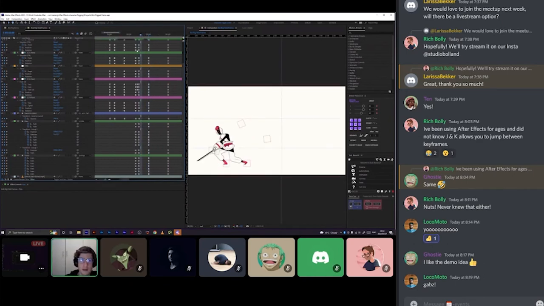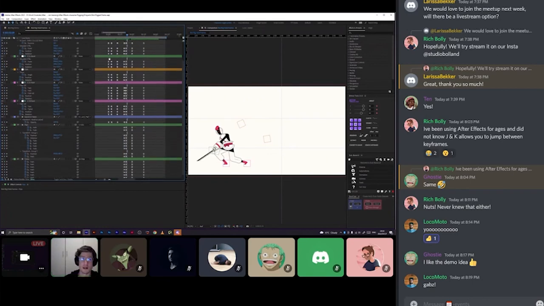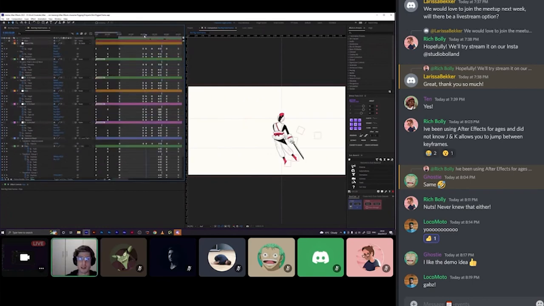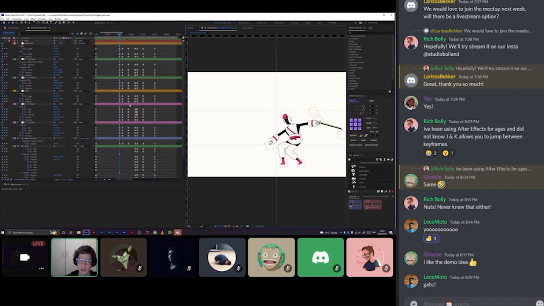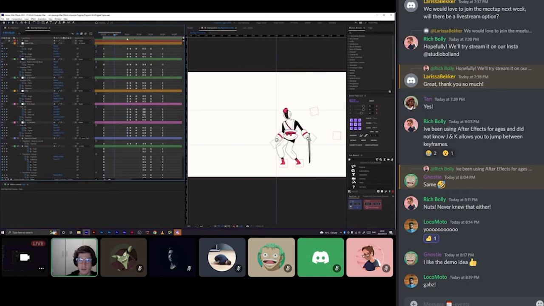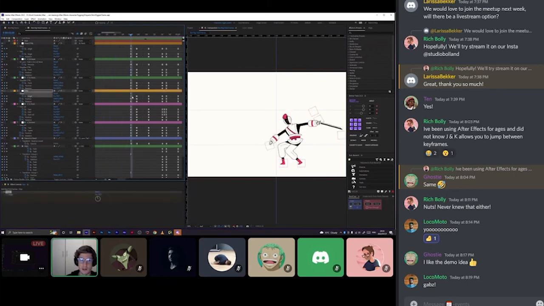Okay, now the next thing I want to talk about, because we can't get to the arcs, is creating a bit of overlap between things. Right now, everything is kind of happening at the same time, and it can often be really nice to add a bit of overlap to that. So at the anticipation pose, we could do something like offset the torso just slightly. So if I offset the torso rotation,